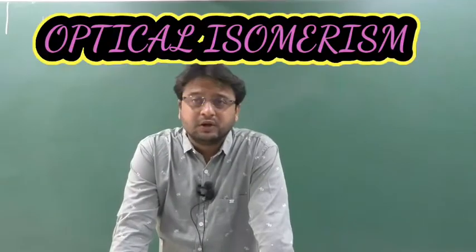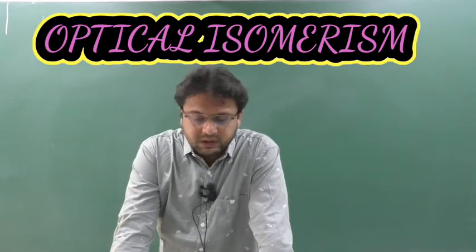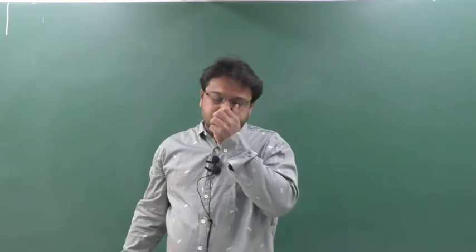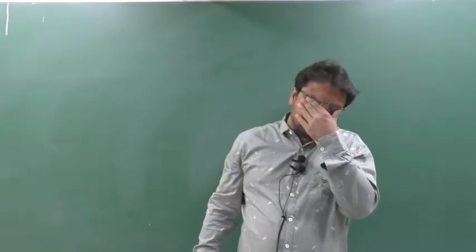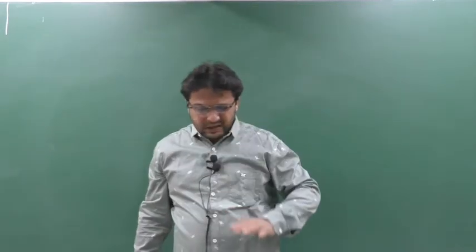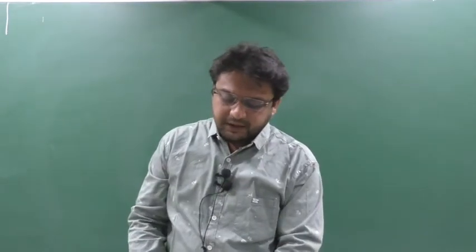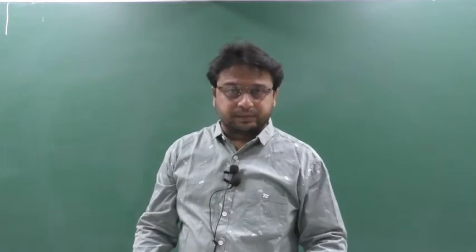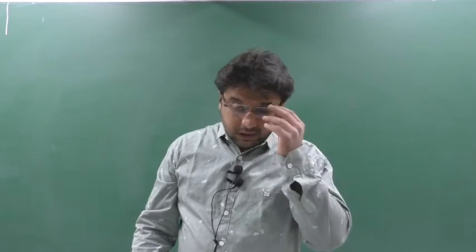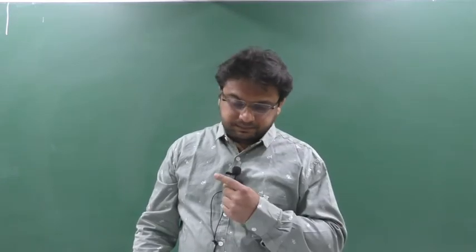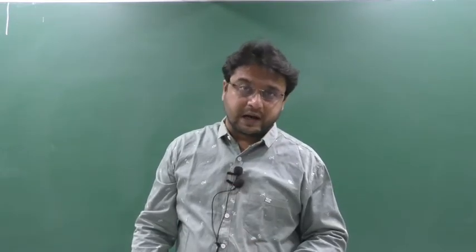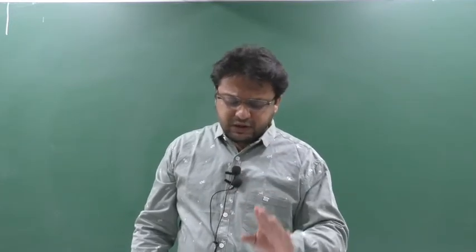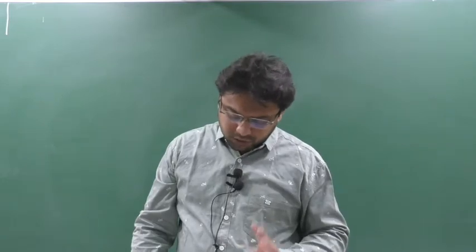Hello everyone. So today we are going to discuss the last topic in isomerism, that is optical isomerism. We will see which compounds are optically active and which are optically inactive. I have very few examples. After that we will see organometallic compounds. I have already taught organometallic compounds while doing the Grignard reagent, RMgX, in alcohol, phenol, and ether. So here also we will give a bit of introduction. The rest of the things you can study from your book.